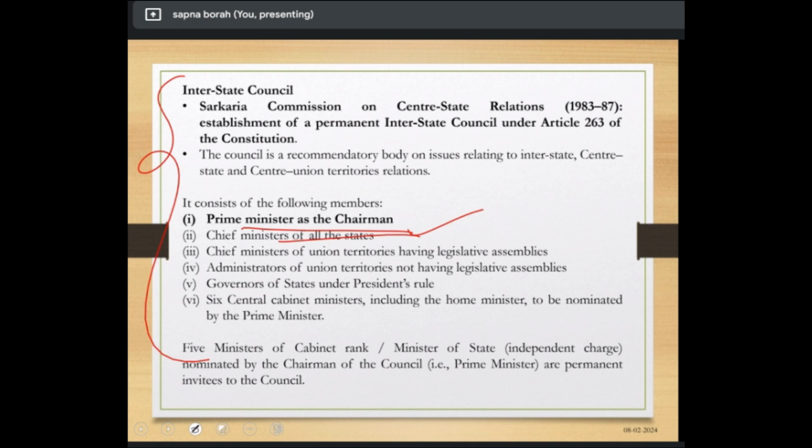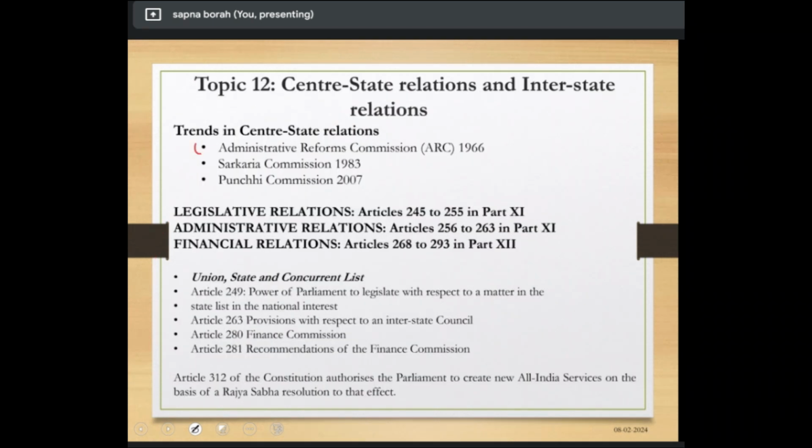Reforms Commission 1966. Here, many people have a confusion, thinking that the Sarkaria Commission itself created the Interstate Council, or that it was its brainchild. But no, actually the Interstate Council concept started with the ARC. When the first Centre-State Relations Commission came, the Administrative Reforms Commission of 1966, the first Interstate Council recommendation came there, but